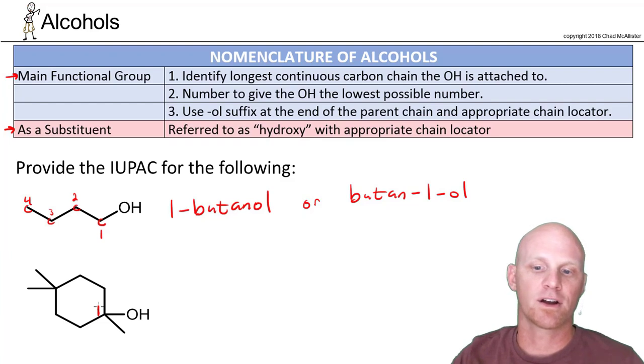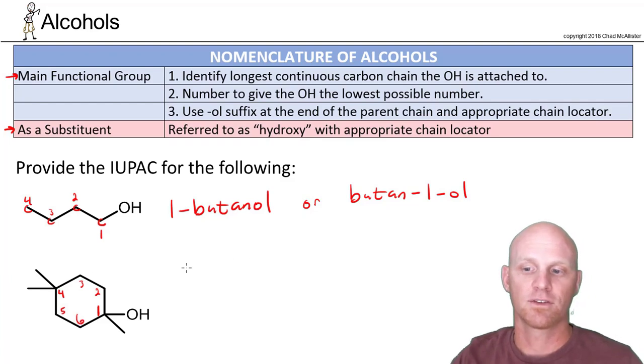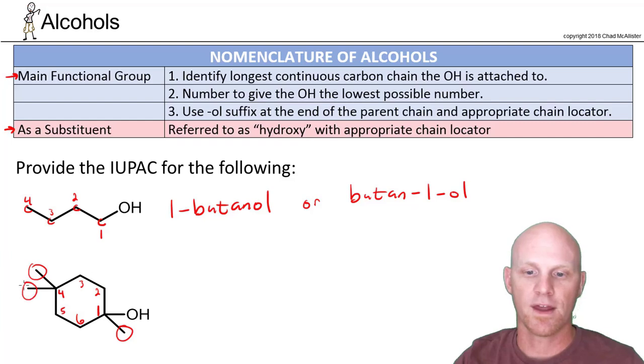Now in this case, it's not going to matter, because whether we go around clockwise or counterclockwise, we're going to end up over here at this carbon with the other substituents at number 4. And so it's arbitrary, but if one way numbered faster towards this other substituent or gave them a lower number, that would be the way you'd choose. But in this case, 1, 2, 3, 4, 5, and 6. So in this case, we do have substituents. We name those substituents first, just like we do with alkanes, alkenes, and alkynes. And in this case, we've got a methyl group at carbon 1 and another at 4 and another one at 4. So we've got 3 methyls. So we've got to give 3 locations. We're going to say 1,4,4-tri